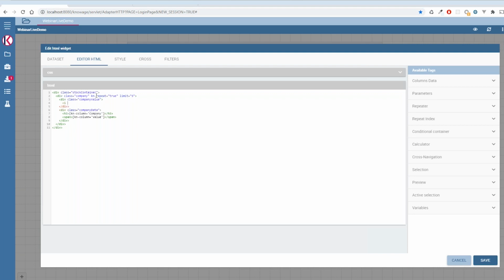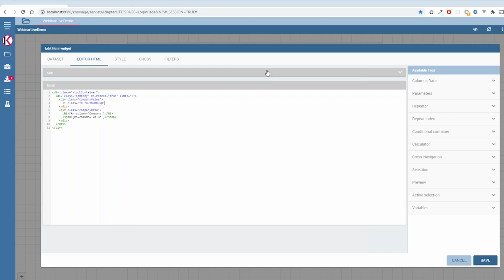Most of them are free to use, and you can just include it inside your project, or you can use the inclusion inside Knowage. So if you want to use them inside your HTML widget, you are able to do it. Just saying fa, for example, fa thumb up, if I remember correctly, should be the code